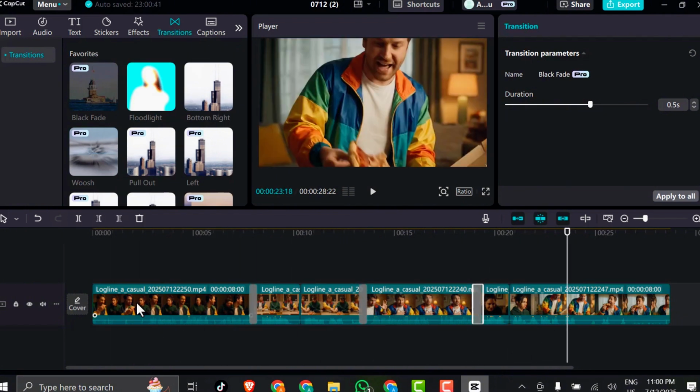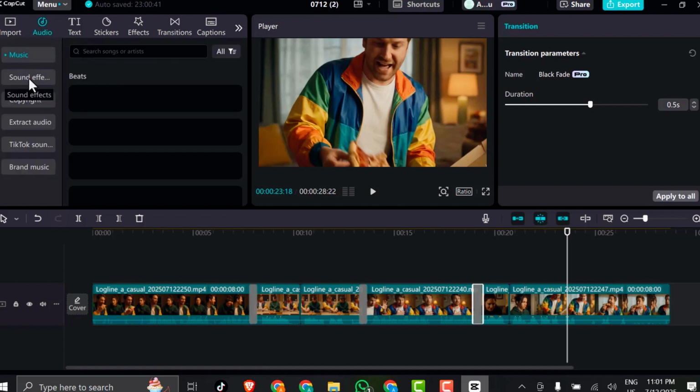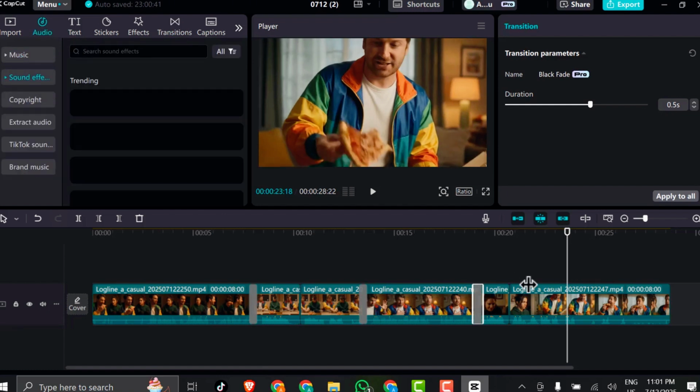You can also enhance your video with sound effects, background music, or text overlays to give it that